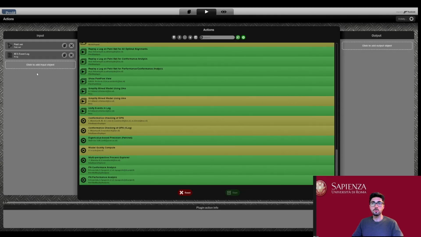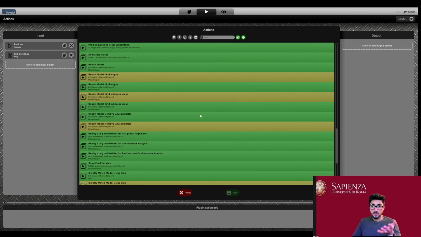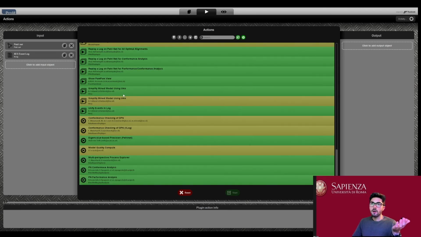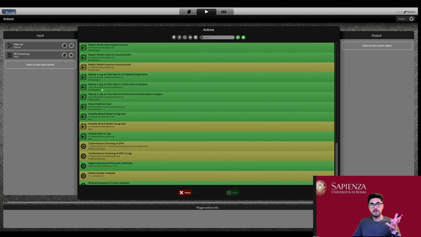So now we have two inputs in the input panels. With a discovered Petri net and the log that has been used to discover that net, we could perform some operations. And right now I'm interested in replay. So I would like to do something like trace alignment, as we saw.